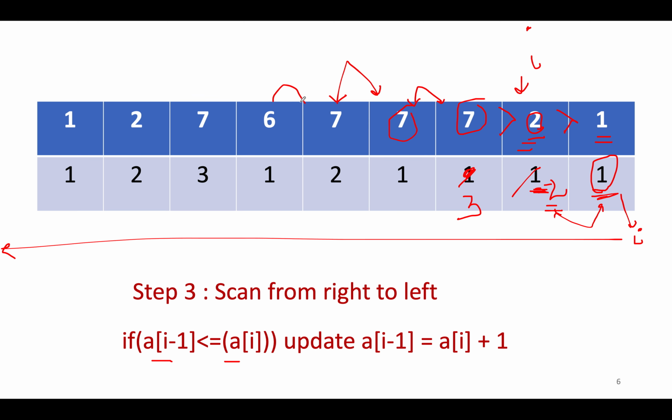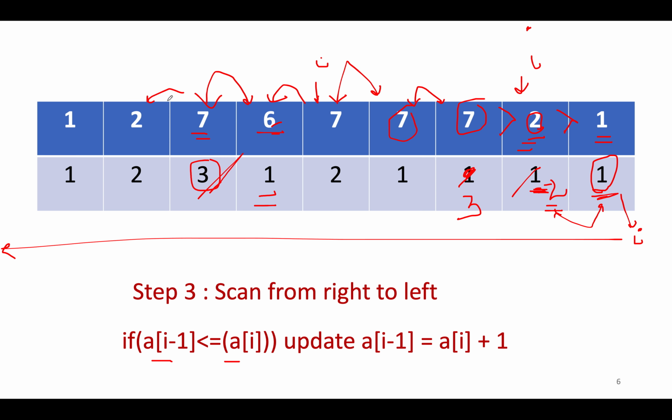Again let's move. I becomes this and I minus 1 is this. The rating is lower, the condition is not met. Here the condition is again met. 7 is greater than 6, although the value that is held at this node is higher than this, so you actually don't need to do anything. It's a happy case, and we'll move ahead without any updation here.